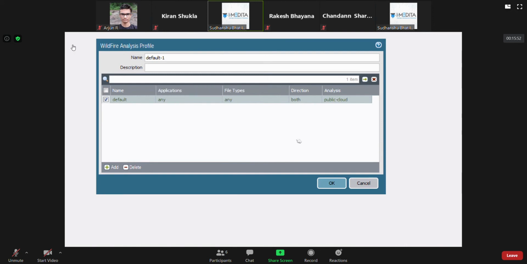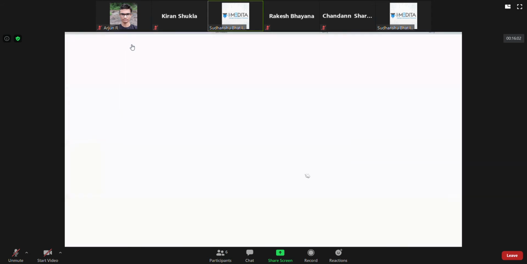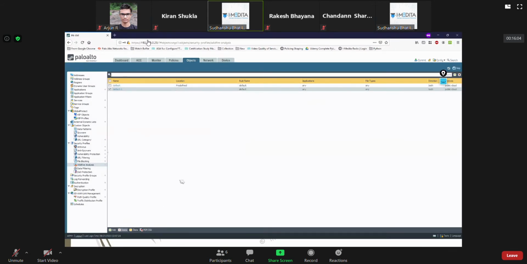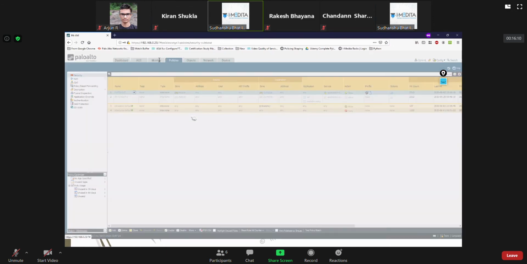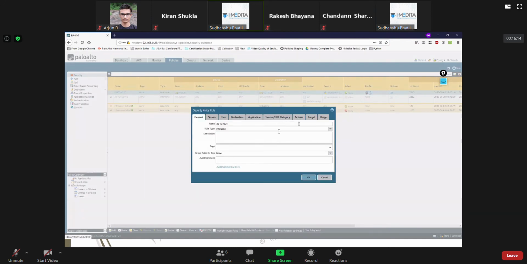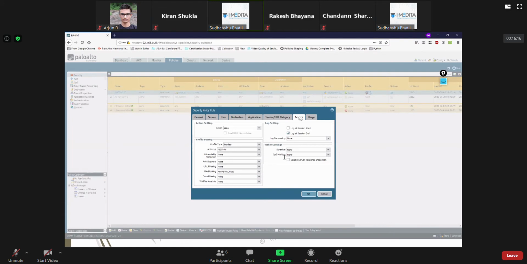If you have no such configuration to do, if for any file type, any application, any direction, like upload, download, I want to submit it to public cloud, then you don't even need to clone this profile. You just plainly go and apply it in the security policy.